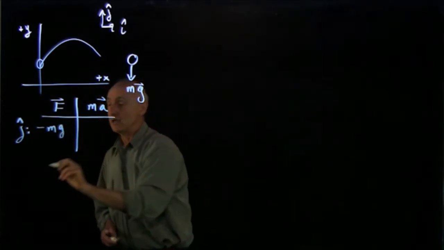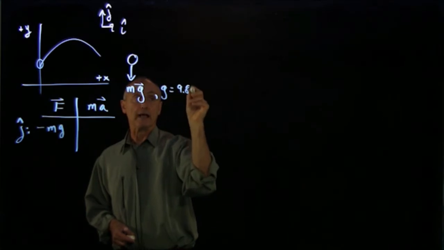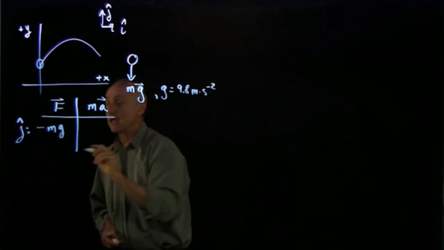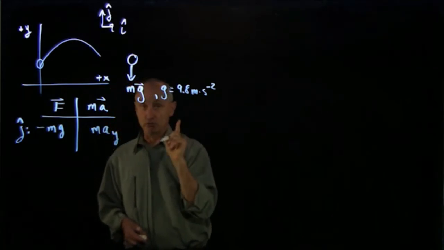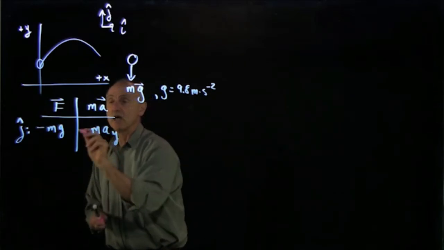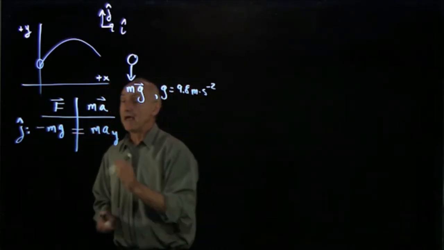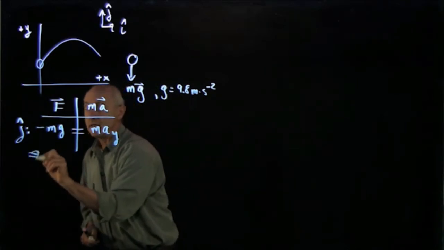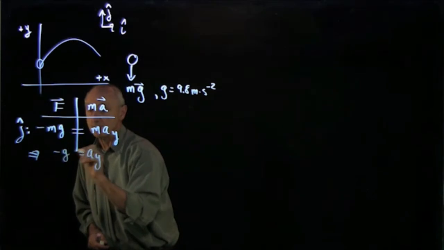And remember here that g is our positive quantity, 9.8 meters per second squared. And we have may. Newton's second law equates these two different things, so those two quantities are equal. And so our conclusion is that the acceleration is equal to minus g